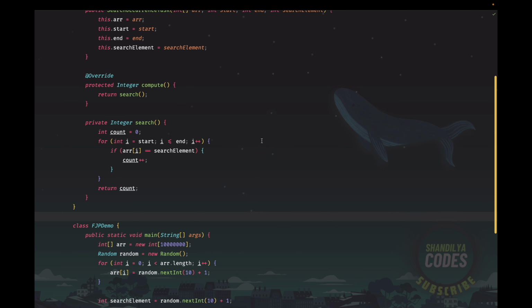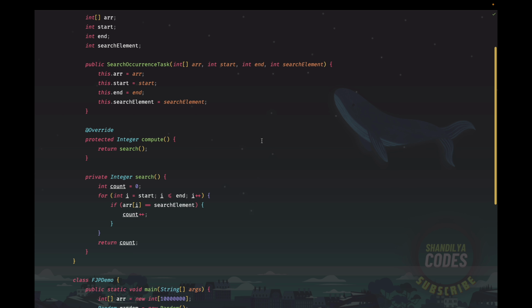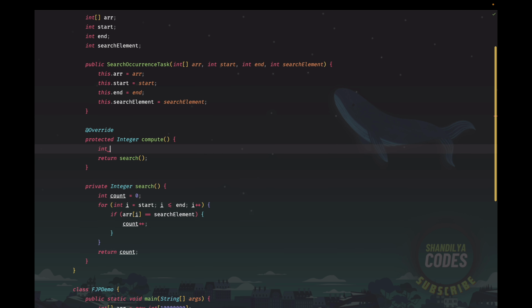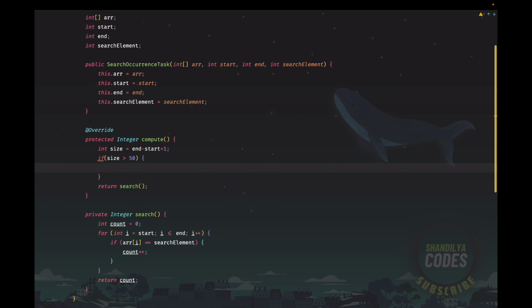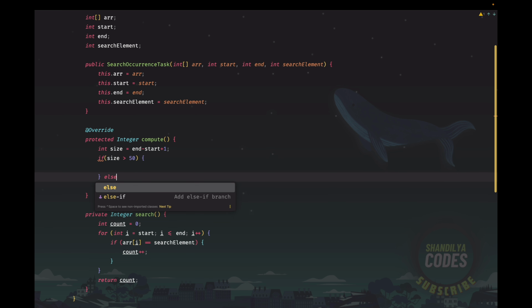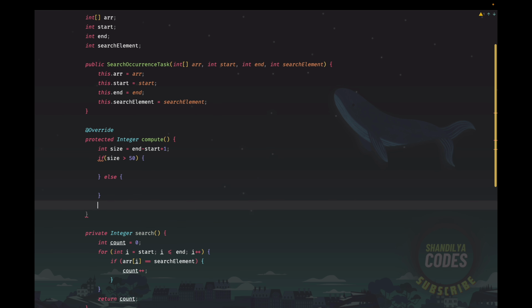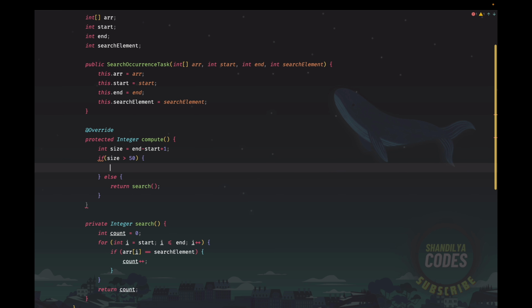Now what we will do is we will try to introduce the fork and join concepts. In order to do so, we go to the compute method, and we first of all compute the size of the array, which is end minus start plus 1. And if the size happens to be greater than 50, then we are going to do some operations. Otherwise, I am just going to call the vanilla search method, which is return search, that we were using anyway. So when the size happens to be greater than 50, we will divide this task in two halves,